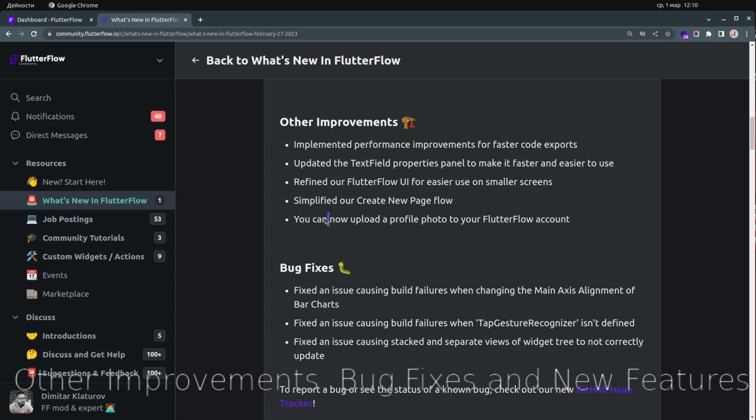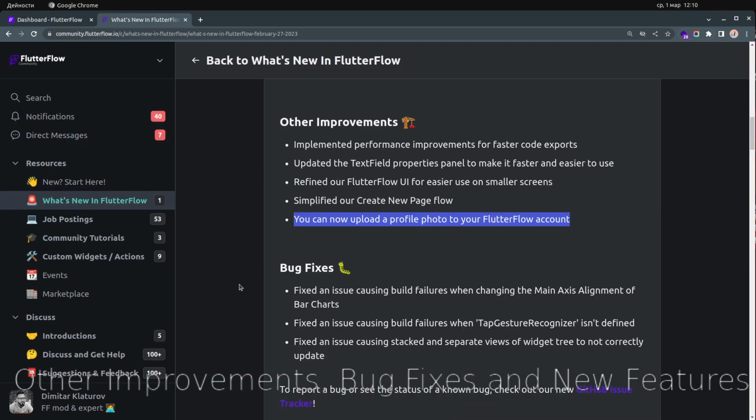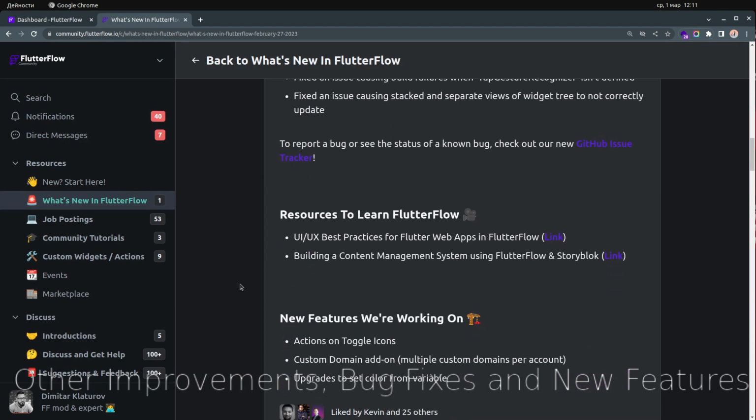And then the last thing is you can now upload a profile photo to your Flow account. I will not show that to you, but you can do it from the app.flow.io. And then if we go over here,